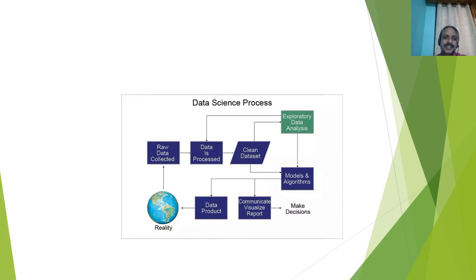So now we'll go into a little technical detail. The program starts, data comes from reality. It means the real world data is available, which we collect as raw data. The first step is the raw data collected, as it is without any modification. And here the data needs to be processed and the data sets may need to be cleaned. You have to remove unwanted content, clear the dust and segregate the best out of the data.